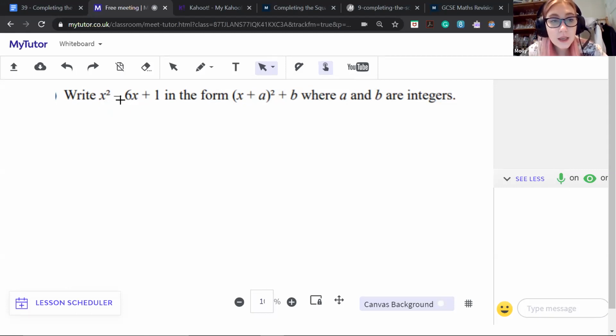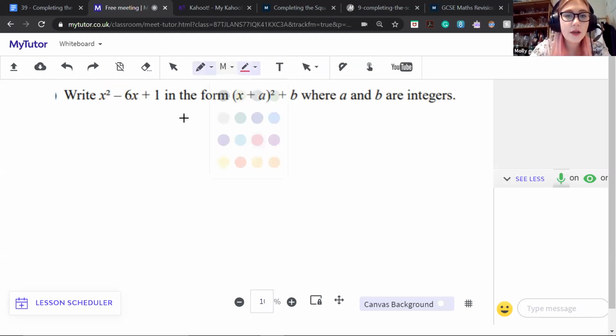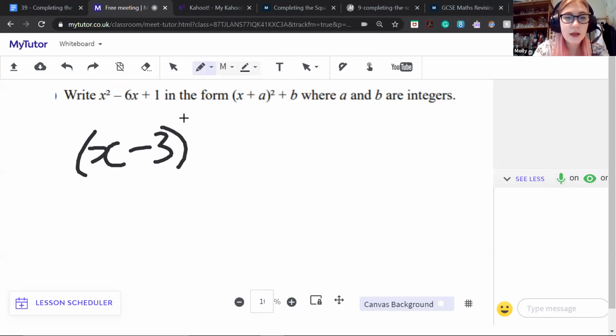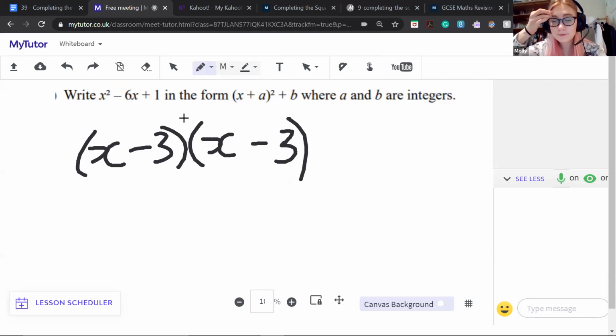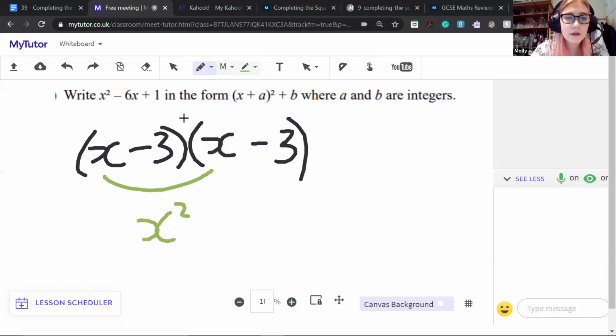Now, it's got to be half of this coefficient of x, and I'll explain why really nice and slowly. So let's make a half of that. In this case, half of minus 6 is minus 3. So we make a minus 3, so x minus 3 squared. Let's write that out. This is what x minus 3 squared means. And if we expand out these brackets, we get x squared minus 3x minus 3x